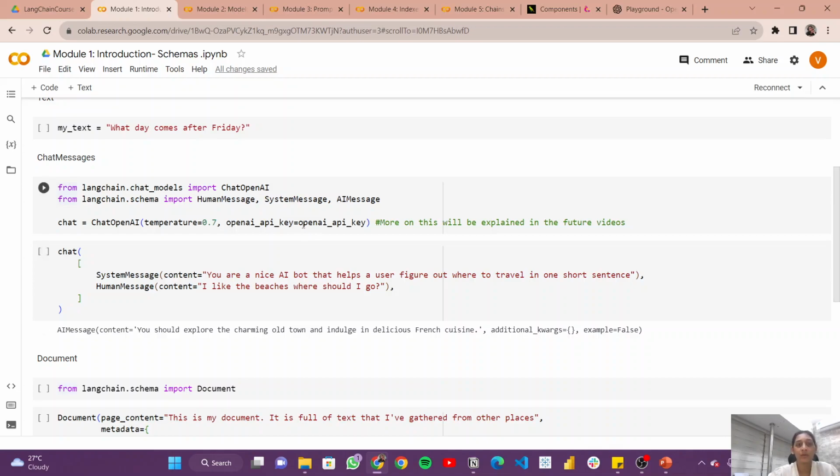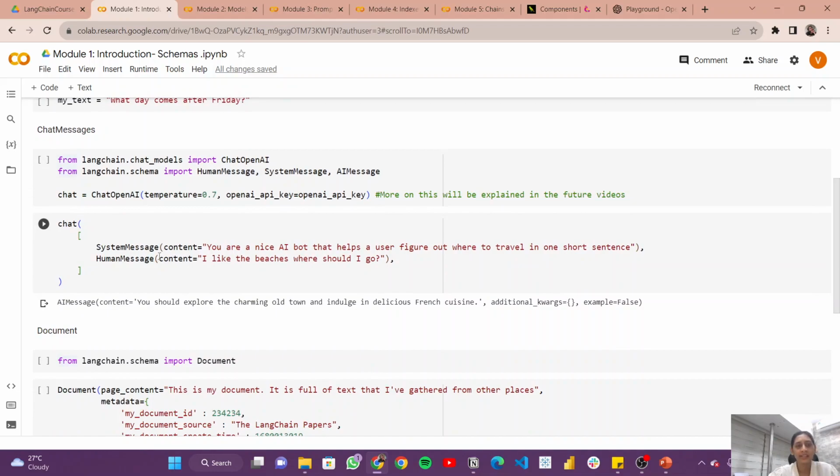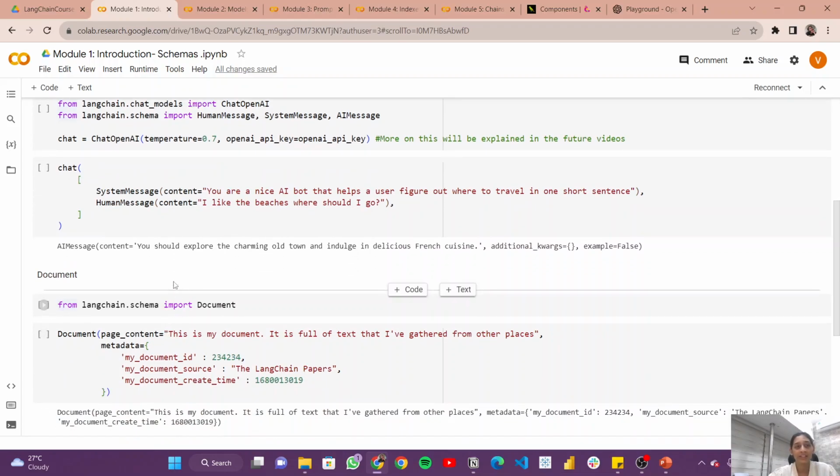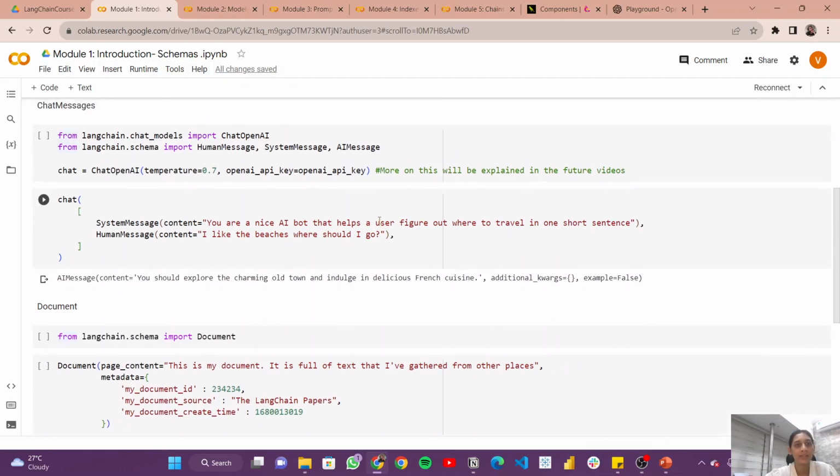Then we have passed in the OpenAI key over here. Next, this is the system message, something like, you are a nice bot that helps a user figure out where to travel in one short sentence. And the human message for that is, I like the beach, so where should I go? And the corresponding AI message that you get is that you should explore the charming old town and indulge in delicious French cuisine. Okay, so now additionally, if you want to experiment with this, you can even go to the OpenAI playground,